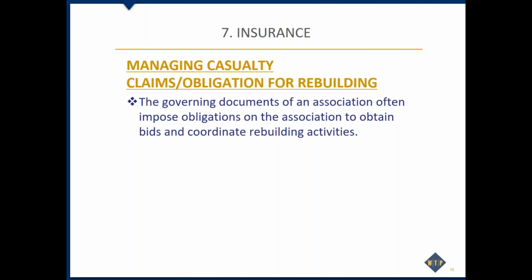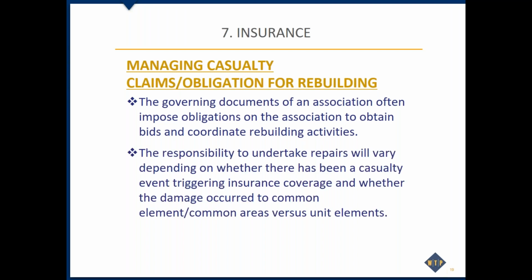The association just takes the insurance money and hands it off to its owner. You've got a problem. If that money doesn't get spent the right way, you've violated your documents and not followed those procedures. So where does that take us? Well, there's some triggering events in the governing documents about when the insurance proceeds are to be spent, and we